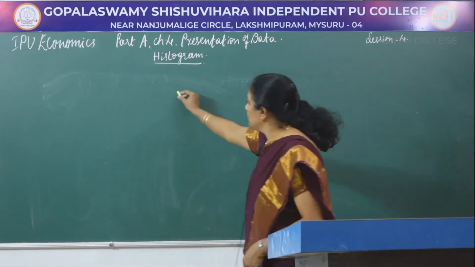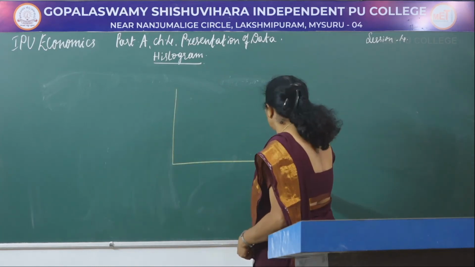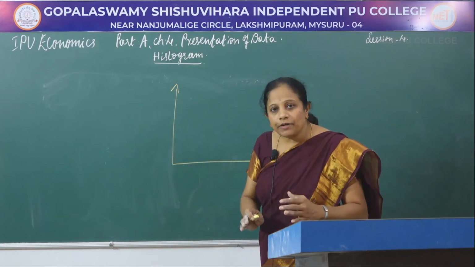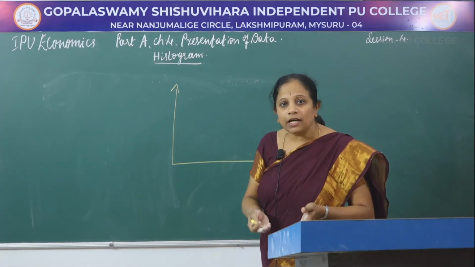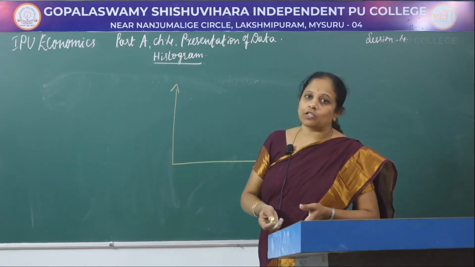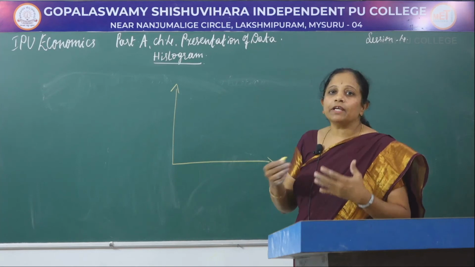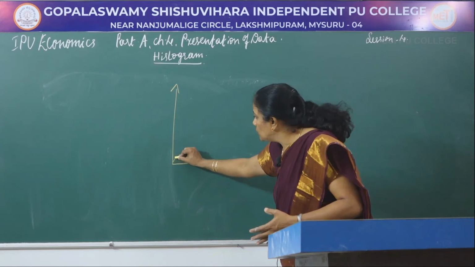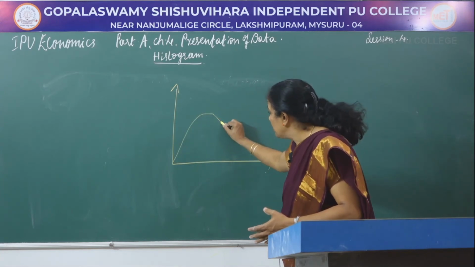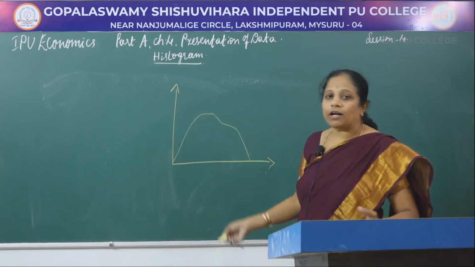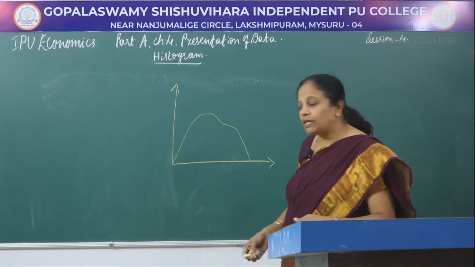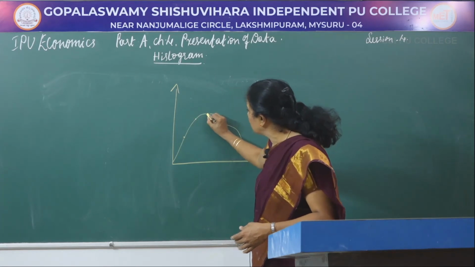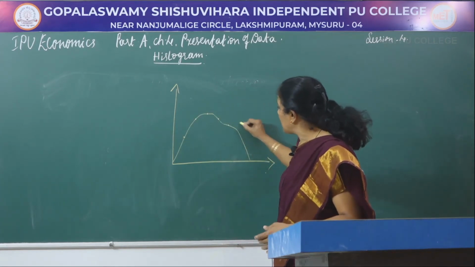And for the same data we can draw the frequency curves also. It is just an example. We can draw the frequency curve without preparing the histogram also. A frequency curve is a freehand smooth curve which goes according to the data that is given. So it is called a frequency curve. A frequency curve is drawn by marking the mid values. Somewhere here you can find the mid values of the class intervals.